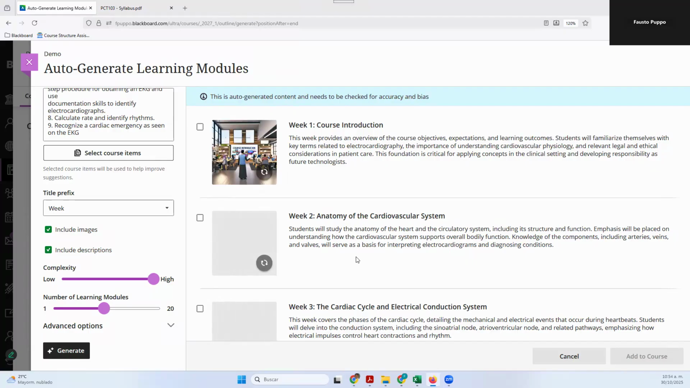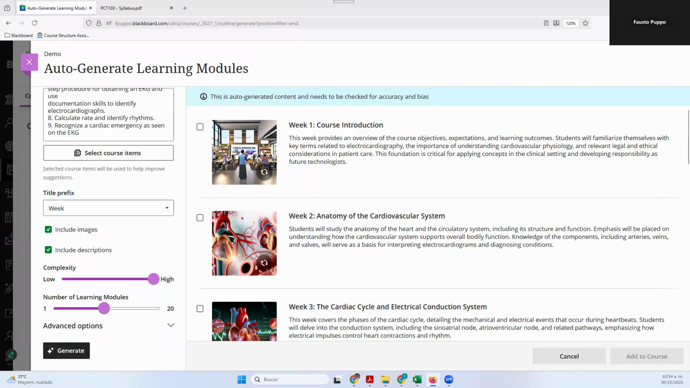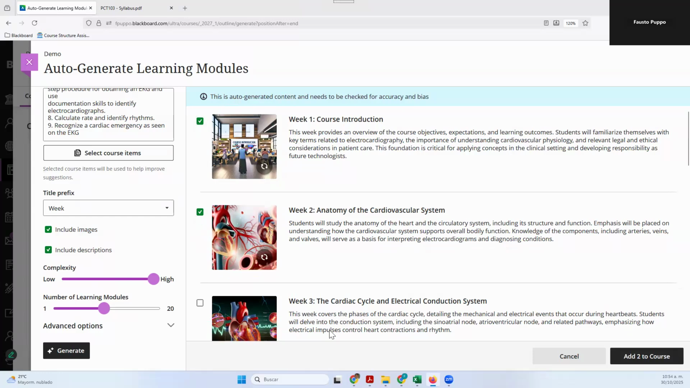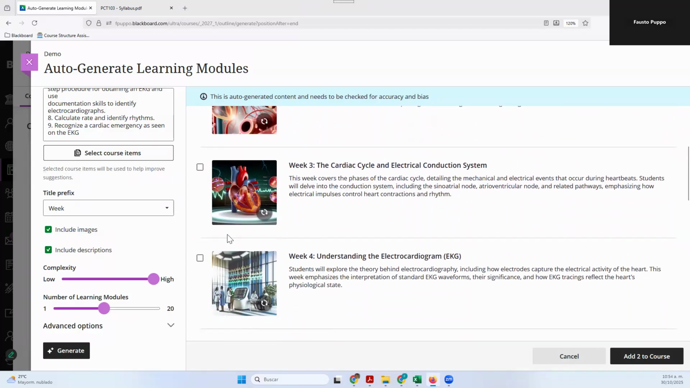Now, what you need to do next is select the modules that you want to add to your course. Course introduction, anatomy of the cardiovascular system, the cardiac cycle, and electrical conduction system. All of those make sense. And as you can see, they gradually build on top of the previous topics, understanding the electrocardiogram,